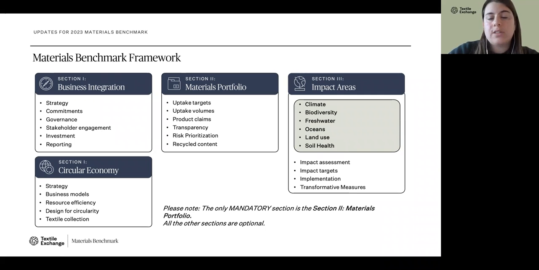In the final section, section 3, this is the section that has seen the most changes in 2023. The aim of this section is to capture the participant progress, targets, monitoring, and reporting for climate and nature-related activities. In line with our Climate Plus goals and strategy, we have developed questions on key impact areas that are climate, biodiversity, fresh water, oceans, land use, and soil health.